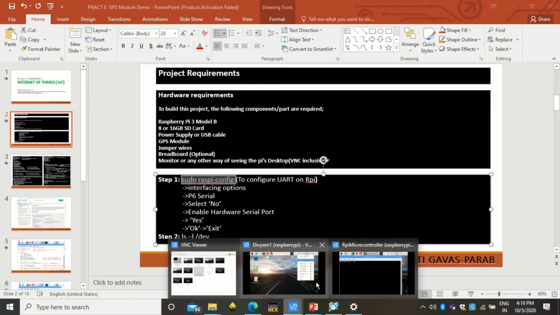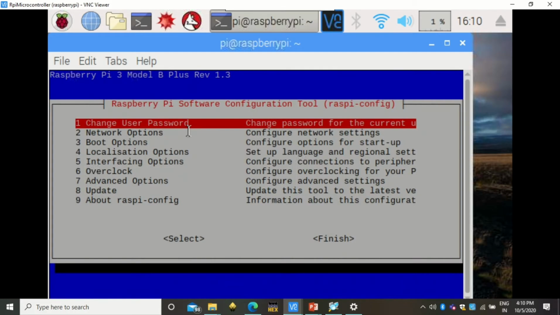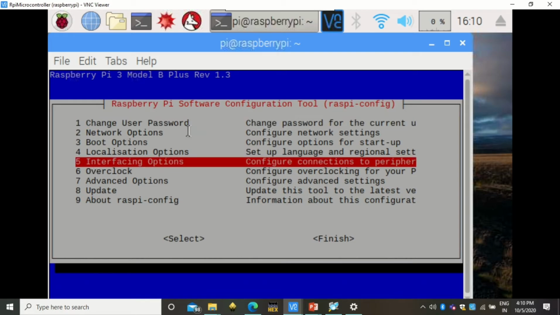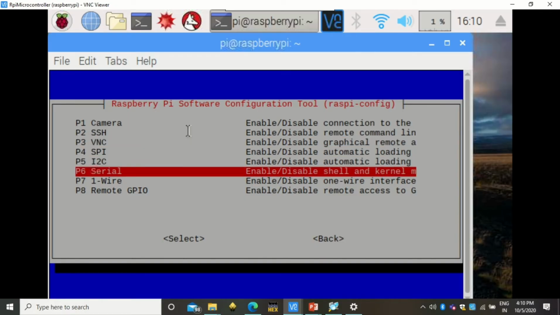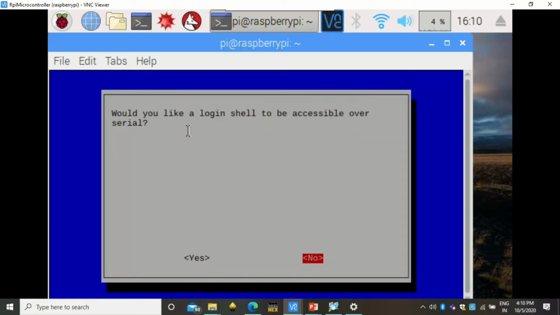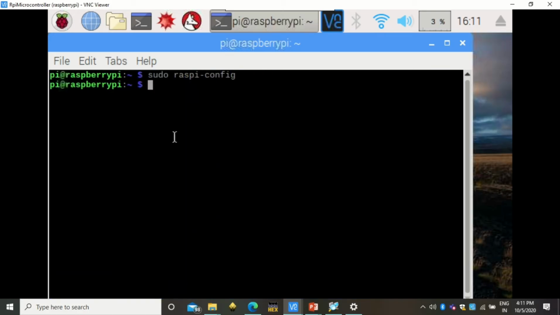So you can copy this command, and in the VNC command prompt you can paste it. This is sudo raspi-config. This will open this. In this we have to go to Interfacing Options. In Interfacing Options you have to go to Serial, P6 Serial. It is asking this question, so you can simply click on No, and for the serial port hardware enabling you should say Yes and simply click OK,